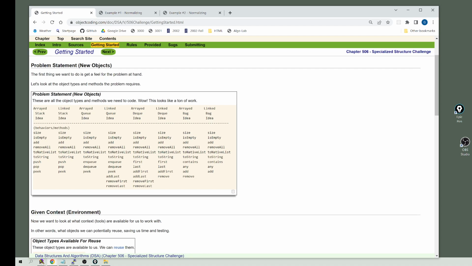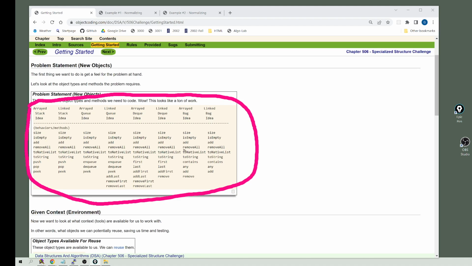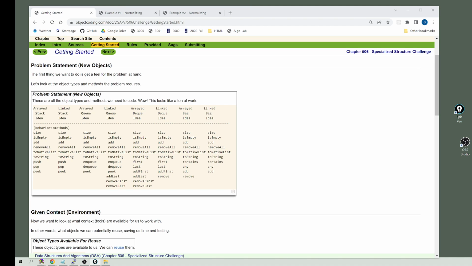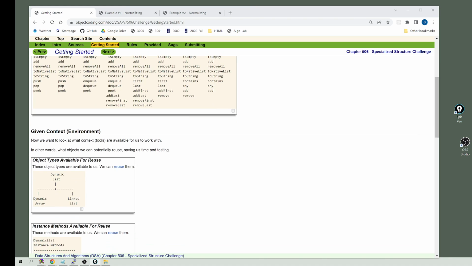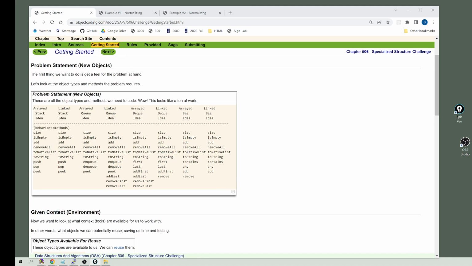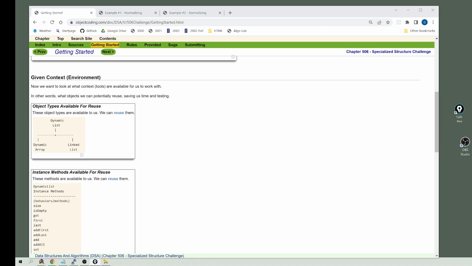Let's take a look. This is our problem here. We actually have to code this, all of that, all those methods, all these object types and all these methods. So 60, 70, 80 methods, I'm not sure. Big number. So we want to go through a simplification process like we did in the examples and in the theory. And we want to take our problem, which is this, and we want to take our